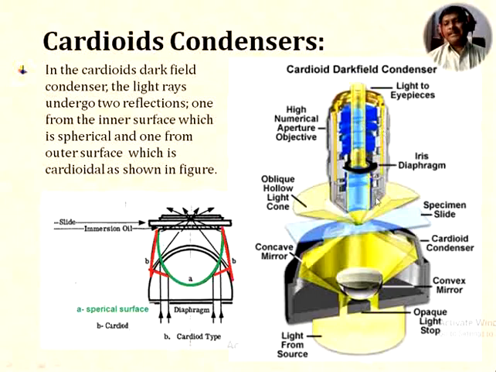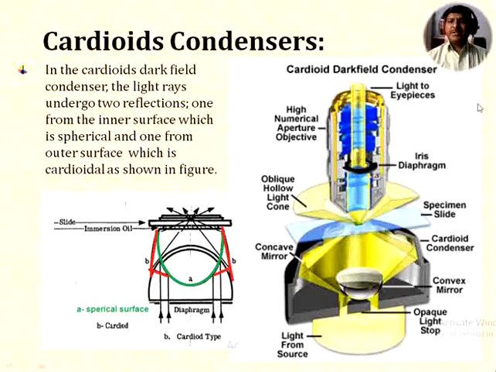Is it okay? That means whatever light is collected by the mirror will then focus on the object through the cardioid condenser, and the specimen is illuminated, but the background remains blackish or dark. Whatever image is formed in the objective then enters into the eyepiece, and lastly there is a formation of a real or virtual image in your eyes.